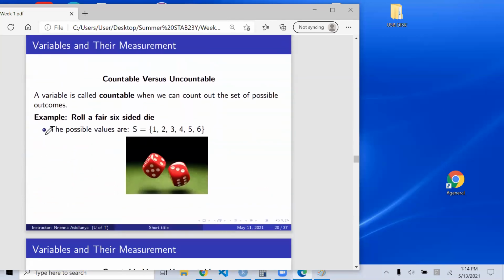Okay, so let's look at variables and their measurements, right? So a variable is countable when we can count out the set of possible outcomes. That seems kind of circular, right? Because like in the definition of countability is count, right? But it's really not that. Yeah, the idea is like a subname, Curtis. Exactly. Yep. So it seems a bit circular to say countable is when you can count out